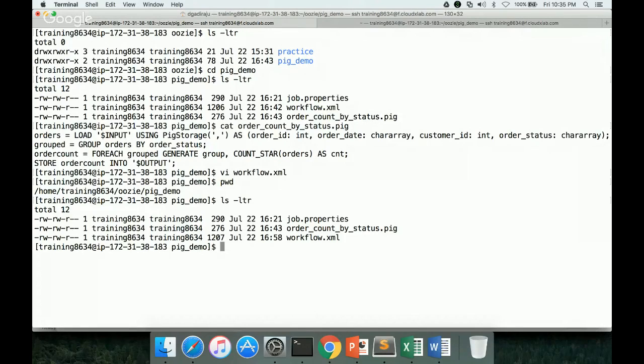We started with developing the pig script for our data on orders data set, and this is the script which we have developed to get the count by status. Okay, and it uses two parameters, input and output, so that we don't need to hard code them as part of the program or script. And then if you look into workflow.xml,